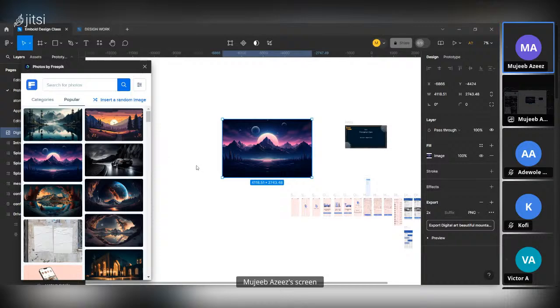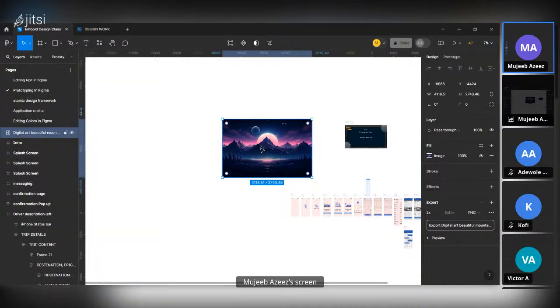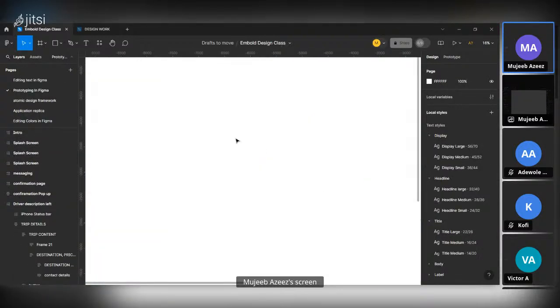So that is that. So that is for images. You can see other images. So now